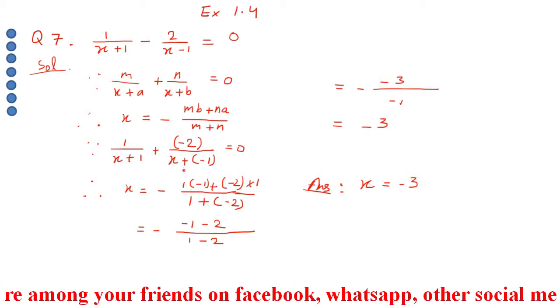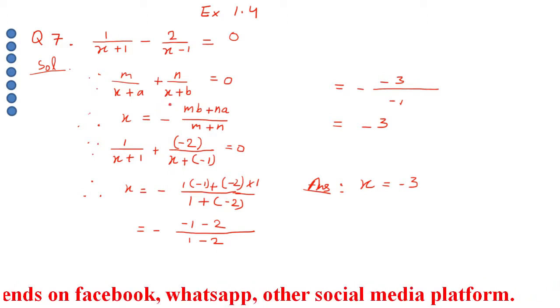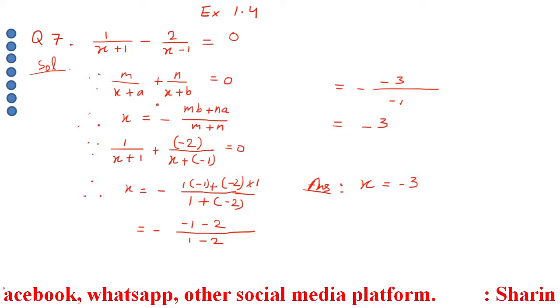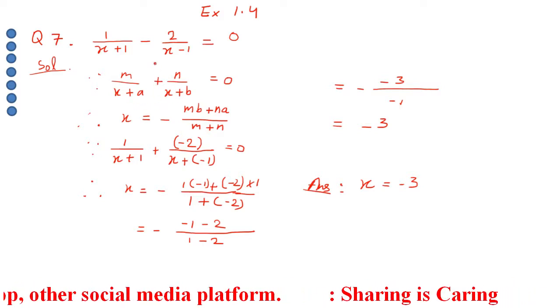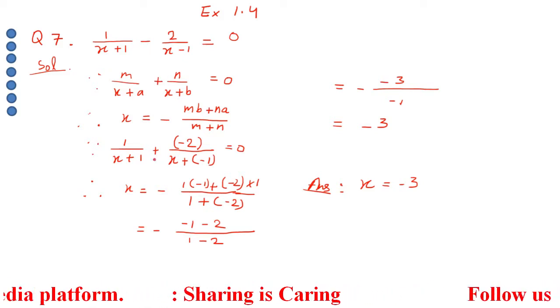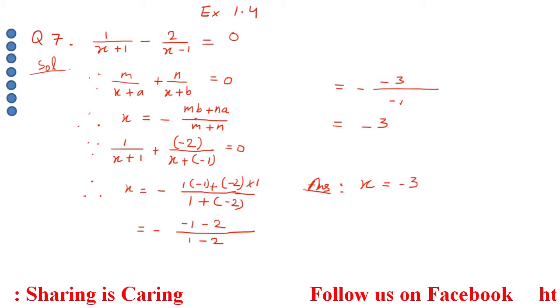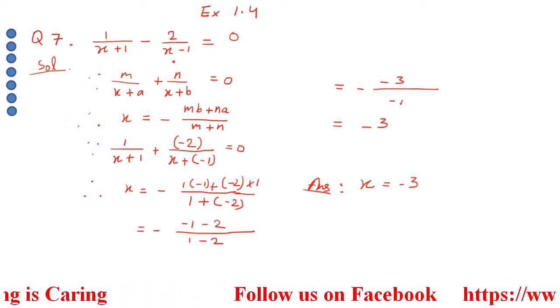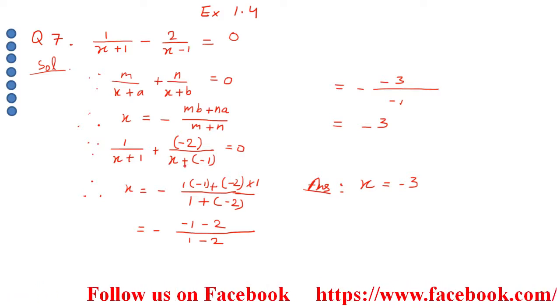We have to change the given question into the standard format of the linear equation. In the standard format, you can see the plus sign everywhere. Since we have a minus sign here, you just shift this minus sign inside like this. So here just bring a plus sign, and this middle minus sign you just give to 2. In the same way, here also we have a minus sign, so you just shift this minus sign inside and bring a plus sign here.